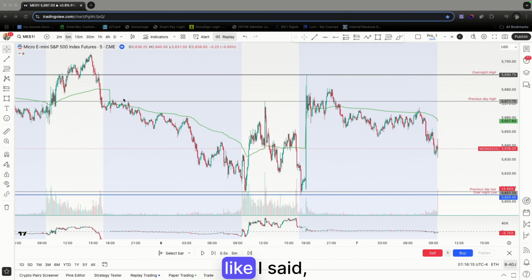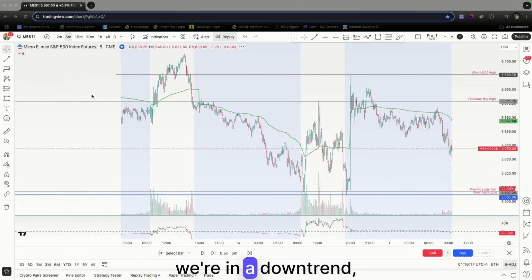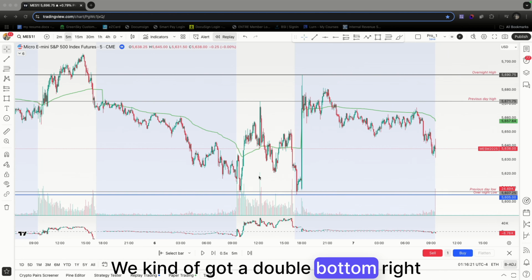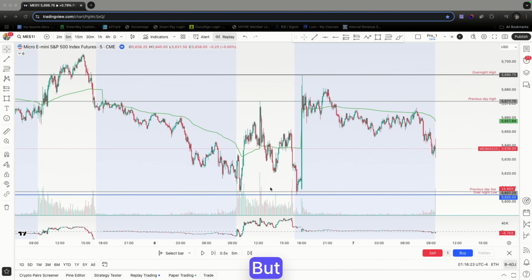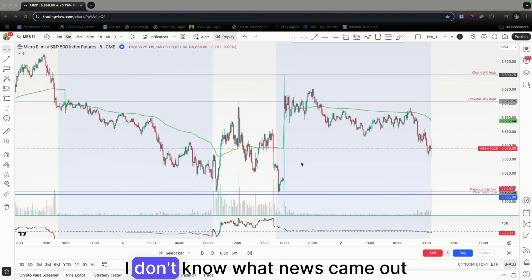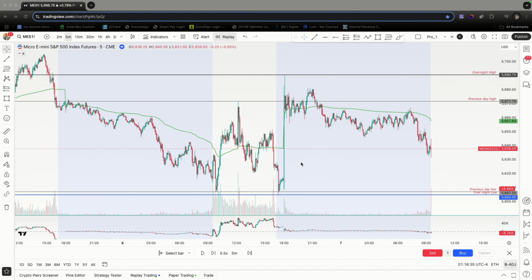So, like I said, we're in a downtrend, right? We kind of got a double bottom right here, but the look above failed to take out the most recent high. And I must add that the look above it was extremely aggressive. I don't know what news came out at,